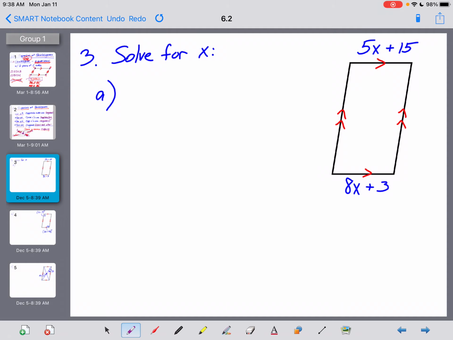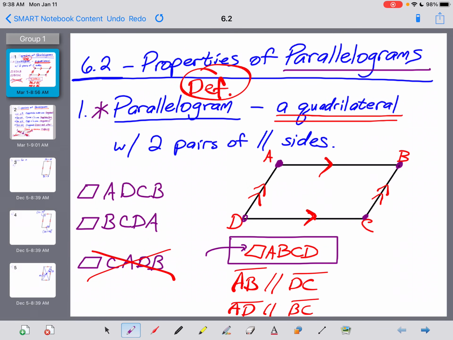Let's see what's going on here in problem 3A. Directions are just to solve for x. Let's see what we're dealing with. Without making assumptions, the red arrows in that figure tell me that I'm dealing with a quadrilateral with opposite sides that are parallel. Guys, one thing we normally talk about more in person, but we haven't been able to talk